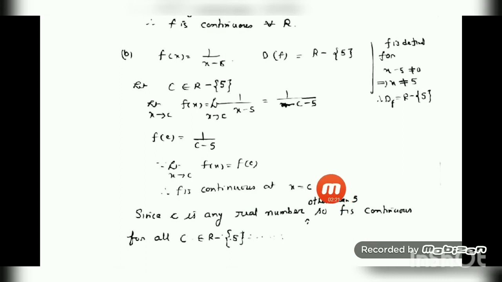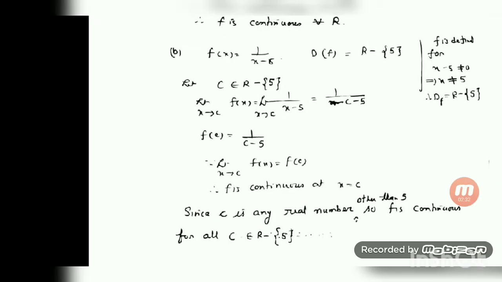And this is a very important line to give this conclusion. It is not sufficient to write up to this, because up to this it is continuity at a point. We have checked the continuity at the point C. And since C is any real number, that's why this is true. So the last two lines are very important.